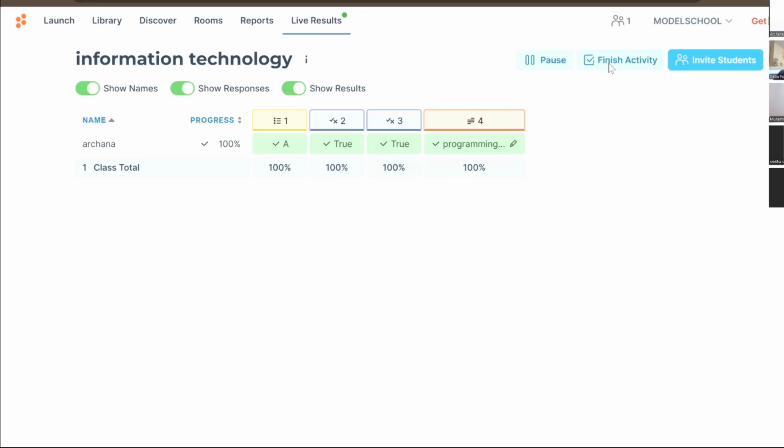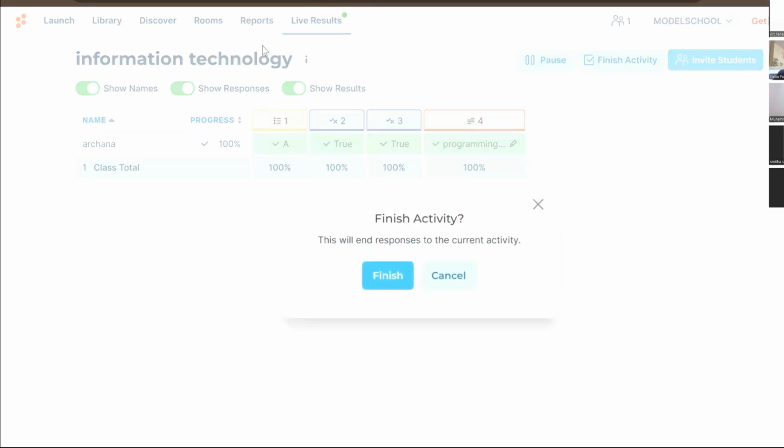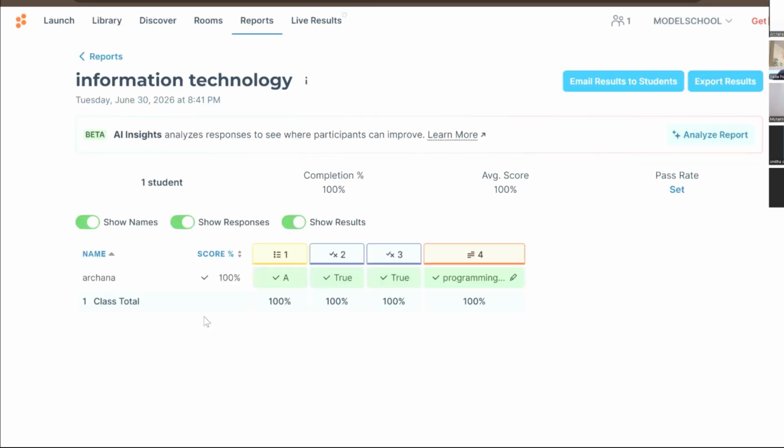Then after that, we can click the finish activity button, finish. So overall progress can be seen. Suppose 25 students are there; out of that, 5 students scored full marks in the first question. Maybe some students will make mistakes in the second and third questions. So we can give instant feedback to those students about what mistake they made. We can easily track those mistakes, identify them and give the feedback. Instant feedback can be given.